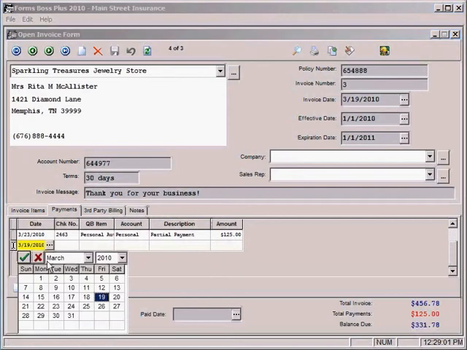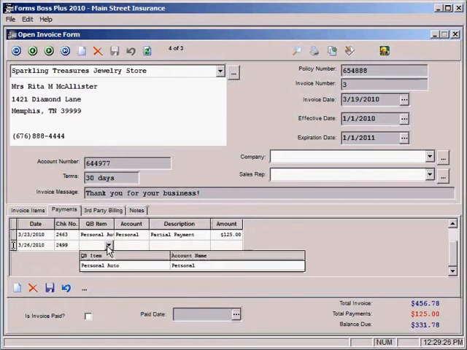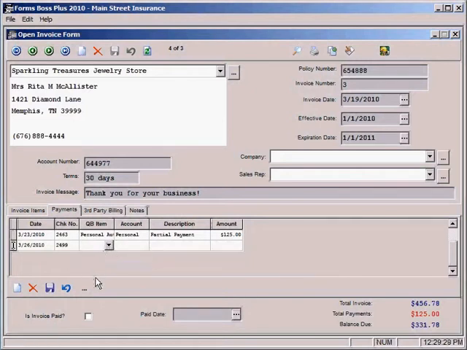It has the date calendar option here so that you can pull down and select the date of your payment. Then you can also add your check number. And this is where you can select the QuickBook item that is going to transfer into QuickBooks. There's one already entered here, but we actually can add as many as we need to that list of QuickBook items. We're going to do that by clicking this little three-dot button here